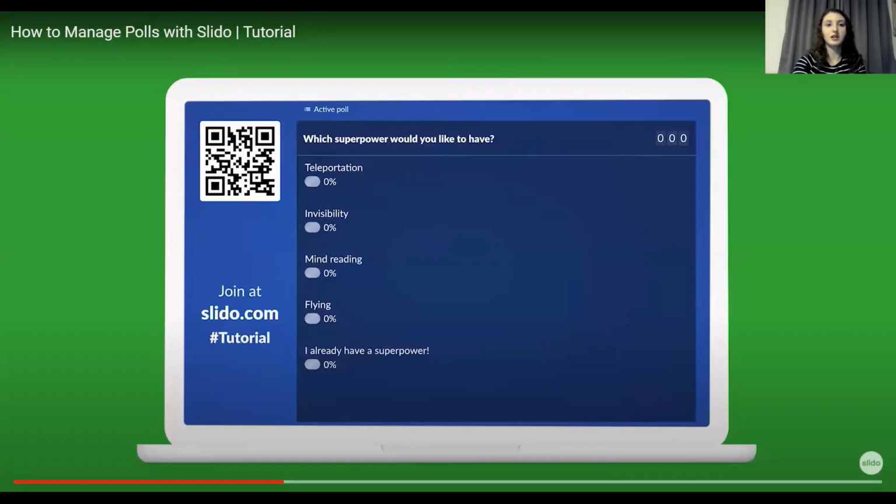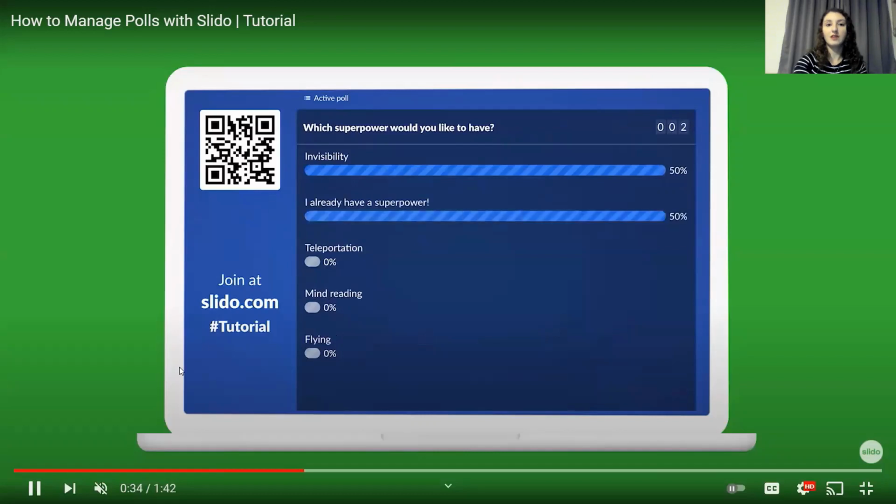So I will show you a very brief example, and then we will look a bit closer into the website. So this is what the screen can look like when it's live. You have your QR code. Down where the hashtag tutorial is where you would normally have your custom code for the class. And as the class goes on, say this was your poll, an entry ticket, or a warm-up activity, as people participate, you will see the poll move with live time,